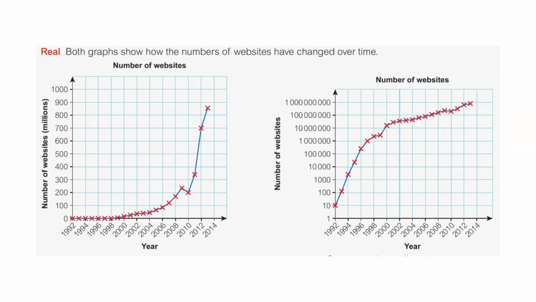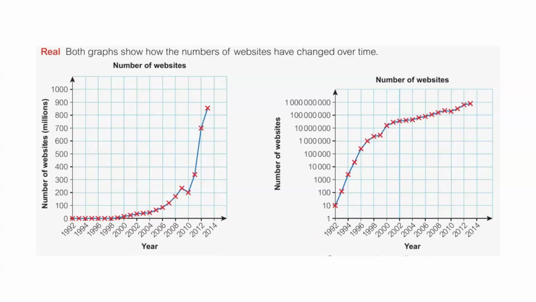Today I shall speak about these two graphs, how we analyze these two graphs. We have two graphs which explain the process of how many websites were published on the internet from the start until this date. We started from 1992 until 2014. So we are studying between these two graphs how many websites there were